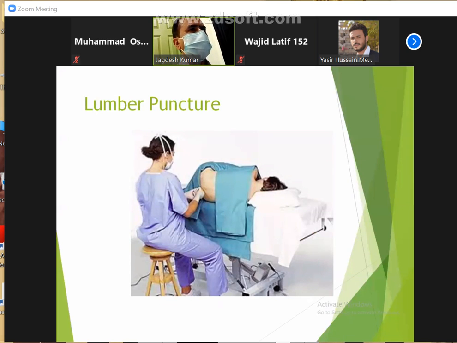This is the technique of how to introduce the lumbar puncture needle. You ask the patient to lie down on the bed or couch, and you flex the patient's knees and bring them close to the chest, and then you insert the LP needle in the lumbar spine at L4, L5. So you put the finger over the iliac crest and run down, and you see the space and easily localize it. Give local anesthesia, lignocaine or xylocaine. Then you insert the LP needle with aseptic measures.